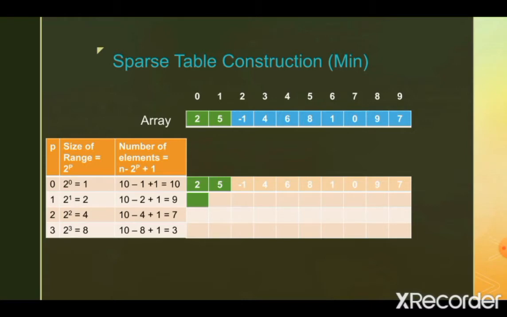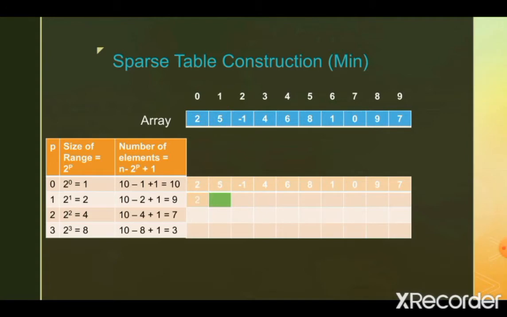Now we have already computed the minimum of ranges 0 to 0 and 1 to 1 in the first row of the sparse table, as highlighted in green, and their minimum values are 2 and 5. So in order to compute the minimum value in the second row, instead of iterating through all the elements from the original array, we will consider these two values from the first row in the sparse table and take the minimum of the two values only. We will always consider the two values. So the minimum of 2 and 5 is 2, so it becomes 2.